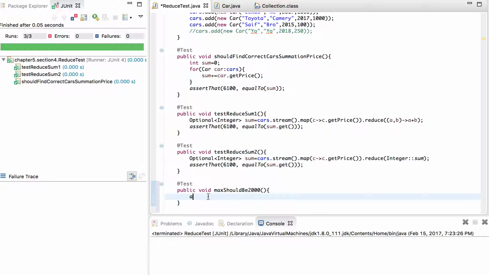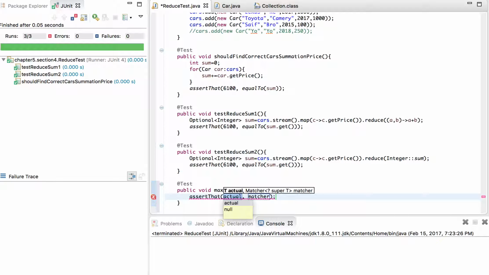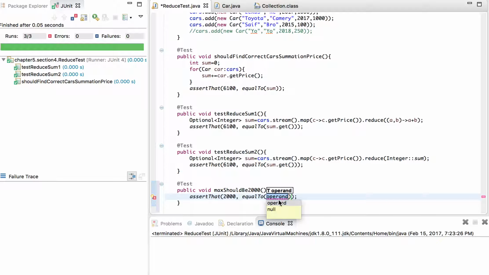And here we're gonna do assert that 2000, I'm gonna say equal, and we're gonna use our magic here, cars